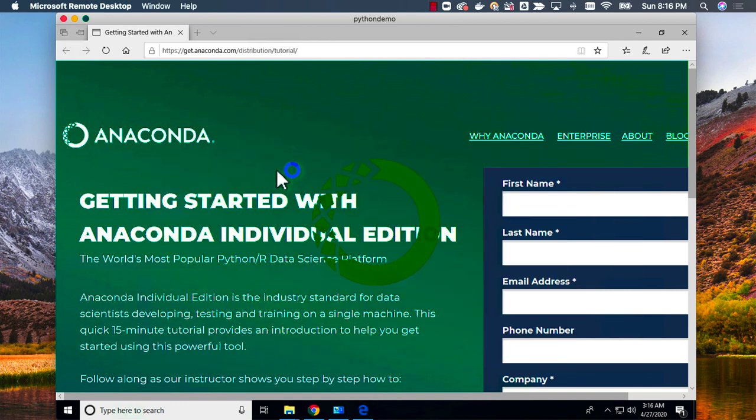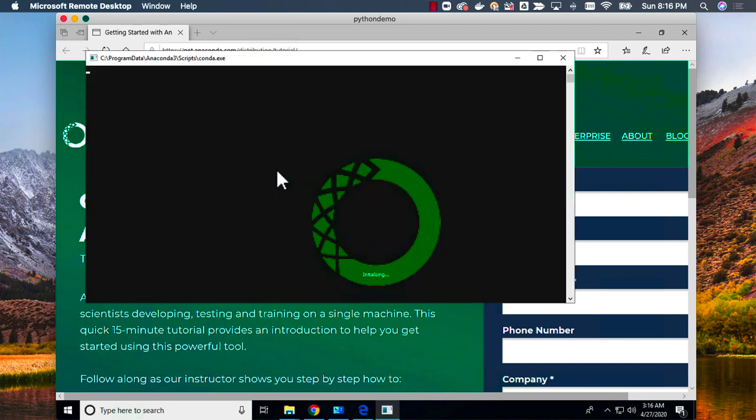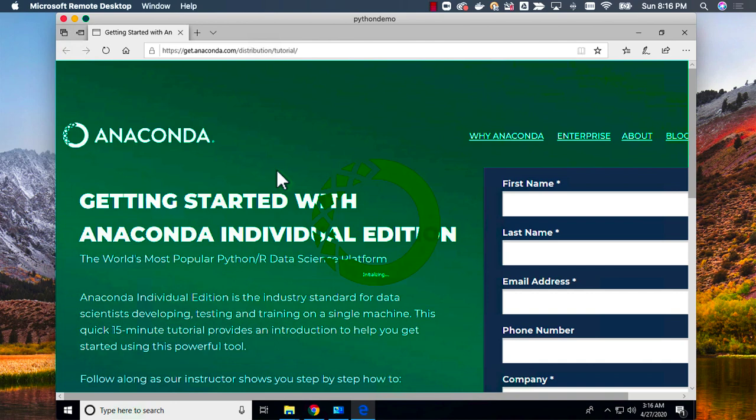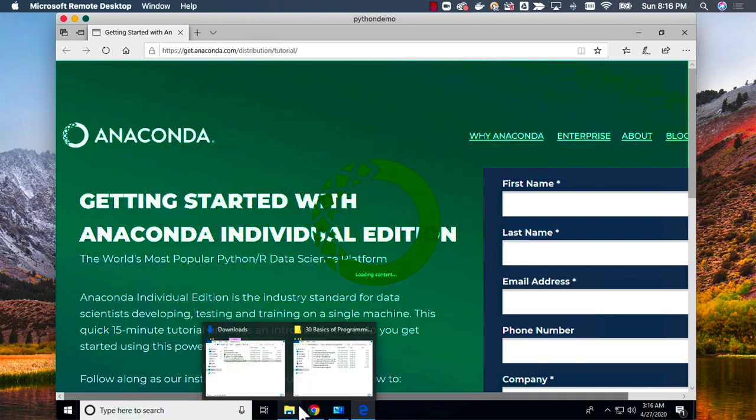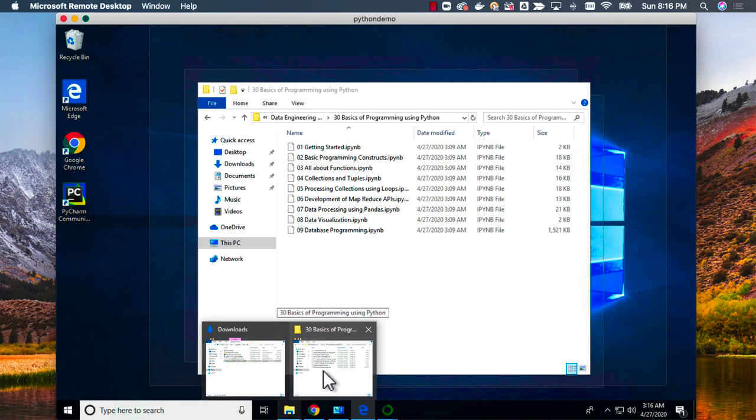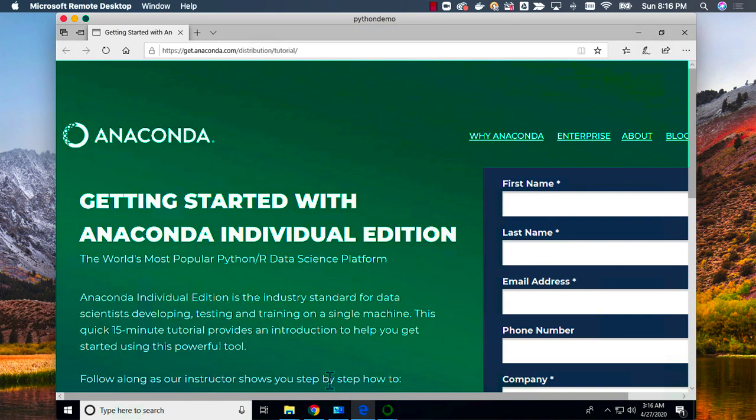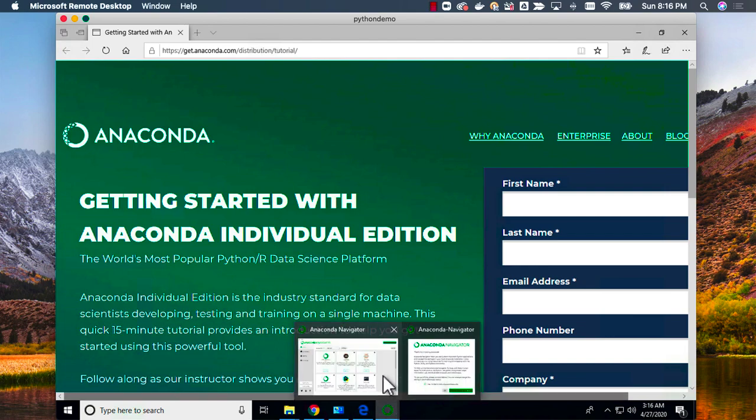It will show all the tools that are available as part of the Anaconda setup. It includes Jupyter Lab, Jupyter Notebook, etc. To practice Python using our material, Jupyter Lab is the most appropriate environment, and hence we'll launch Jupyter Lab and we'll see how to access the Jupyter notebooks that are part of the documents folder in my Windows based machine. You can copy to wherever you want, but in my case I have copied to documents.